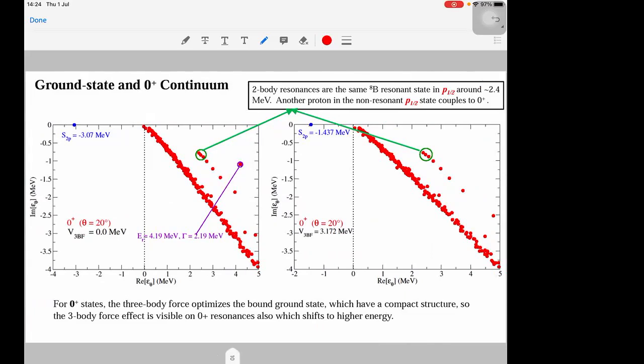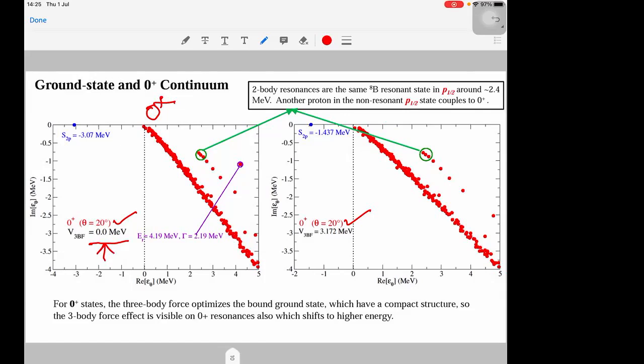One can see these are for complex scaling angle theta equal to 20 degrees. First thing, these are results for the 0+ state. On the extreme left panel, when the three-body force is missing, means when we don't use the three-body force,